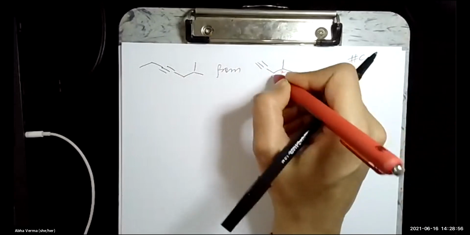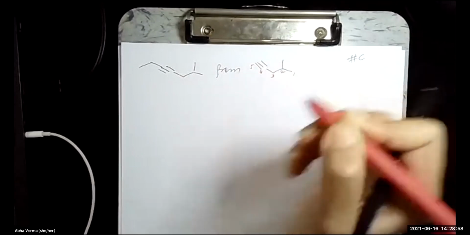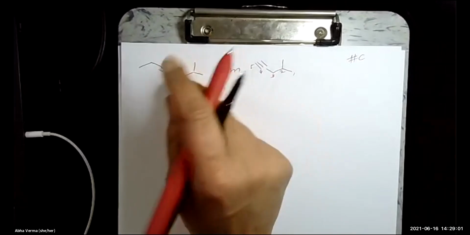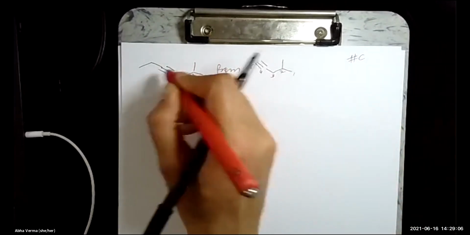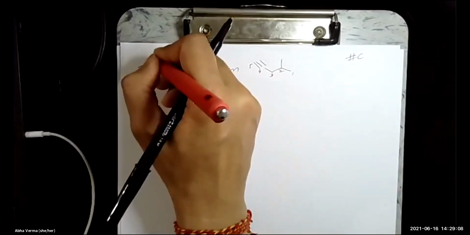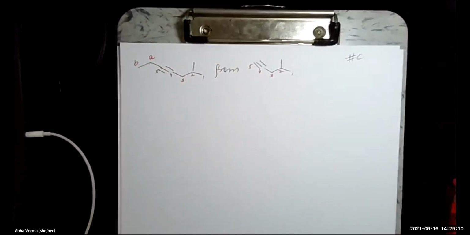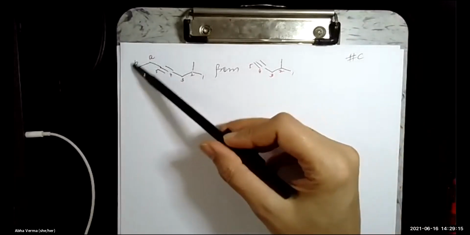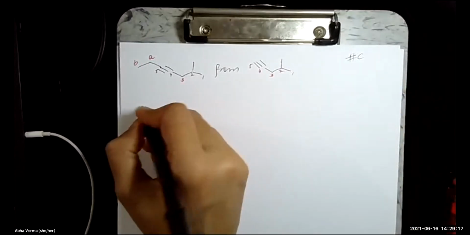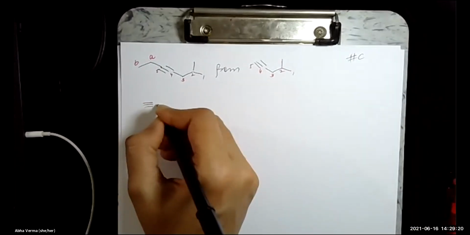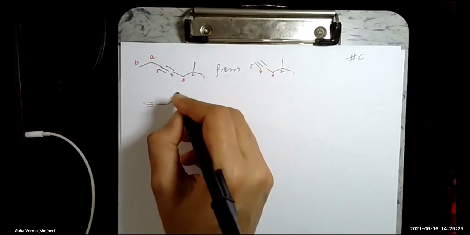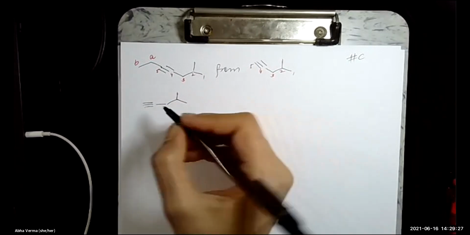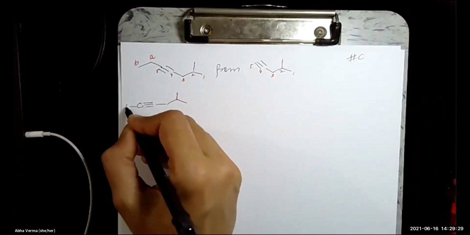So 1, 2, 3, 4, 5. Do you see those 5 carbons in your final product? 1, 2, 3, 4, 5. What is extra is these 2 right here. So the number of carbons has definitely changed. You will start from this alkyne, 3, 2, and 1. But I wanted to remind you